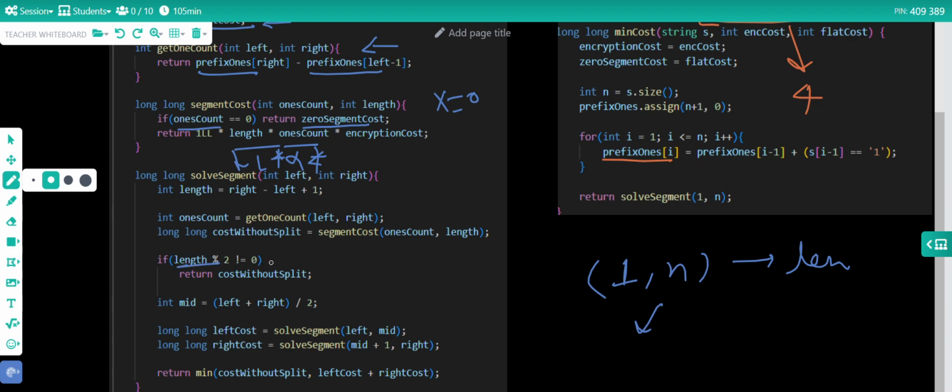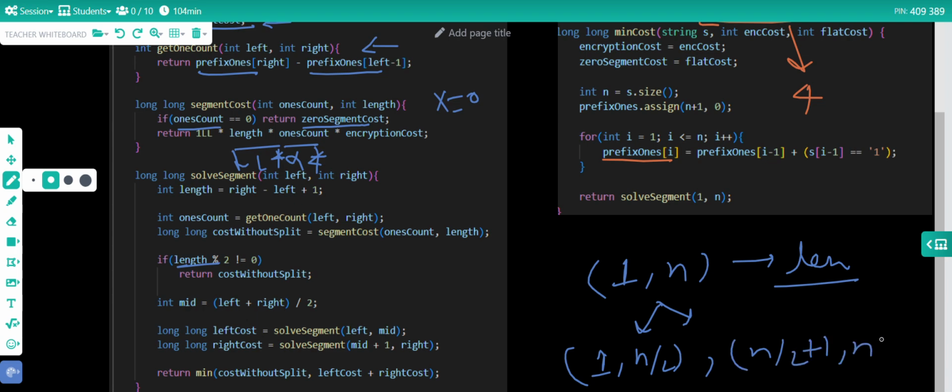If the length is odd, then we cannot do anything, we have to return the current cost, because we cannot divide it into two parts. If not, then we can divide it into two parts. So we are doing that here.